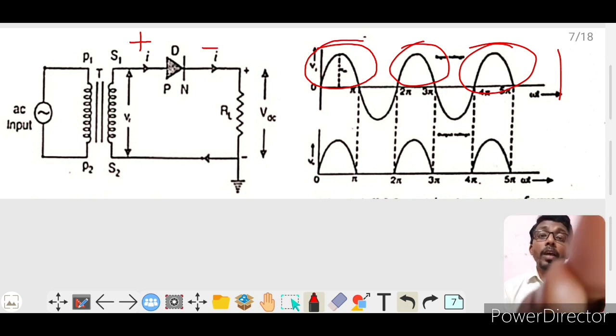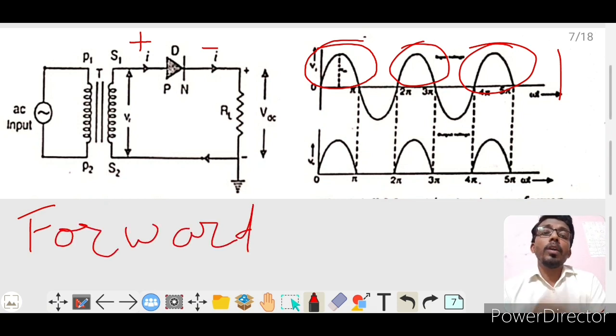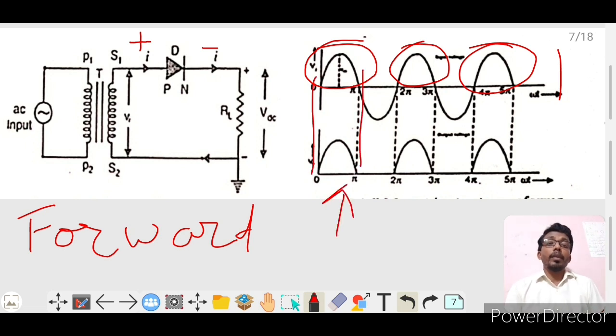That means we are having forward bias. So we are having forward bias during the first, or positive, half of the AC signal. Naturally, as the positive half of this AC signal is applied, our diode will conduct. Hence, during the positive half cycle, we are getting conduction. That means I will get output across this load during the positive cycle, for all positive cycles, not only the first, second, third or many.